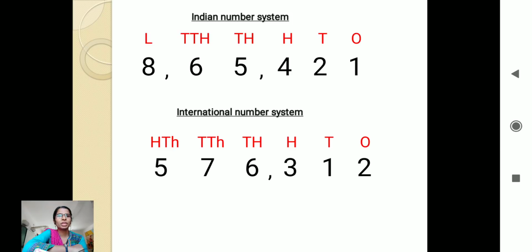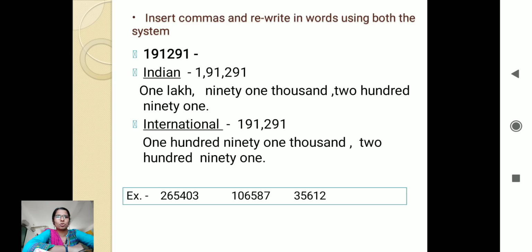1, 2, 3, comma, 1, 2, 3, comma. Now the 7th digit is not there, but I would say only 1, 2, 3, comma, 1, 2, 3. But in Indian system, it will be 1, 2, 3, comma, 1, 2, comma, because after 3, 2 and comma, 2, it will come according to the periods. But in international system, it will be 3, 3, 3, 3, right? So, you can remember with this song also.